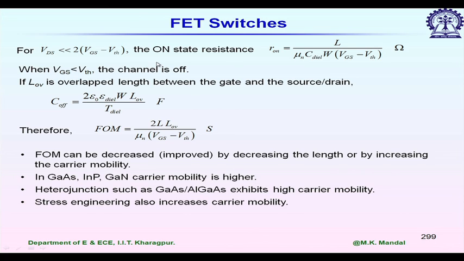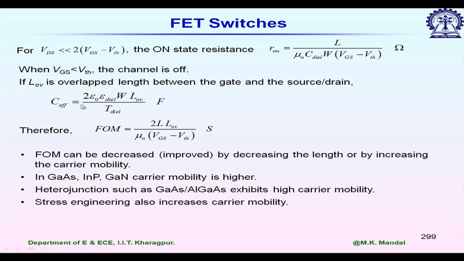So, for the on-state resistance, we can consider a VDS value sufficiently small. In that case, R on is equal to L by mu n C dielectric into W into (VGS minus VTH) ohm. When the channel is off, the switch is off, then when VGS is less than VTH we do not have any inversion layer inside the FET. So, if LOV is the overlap length between the gate and the source or drain,